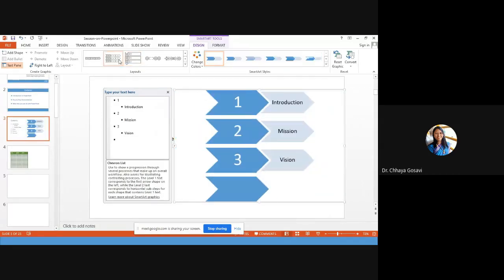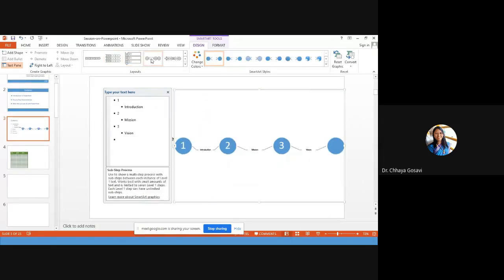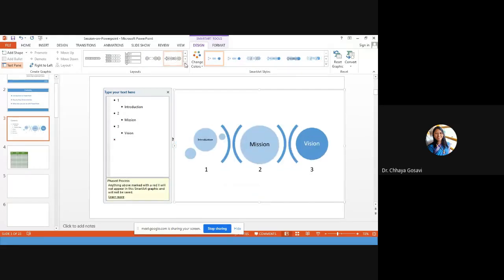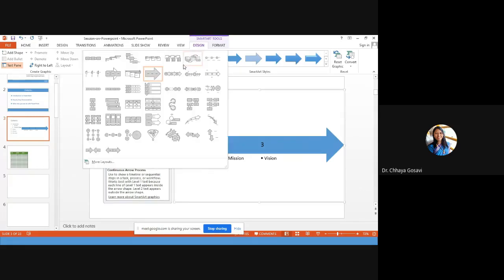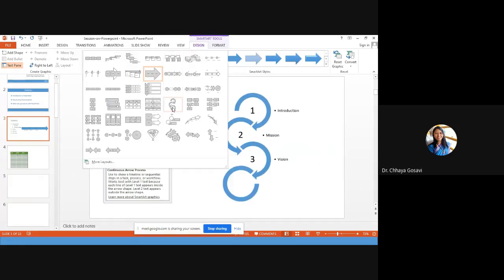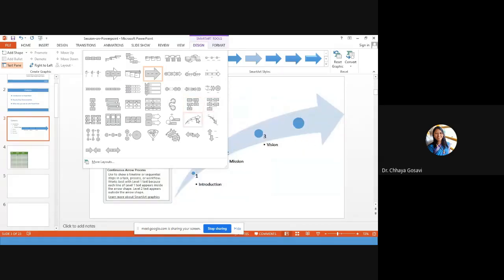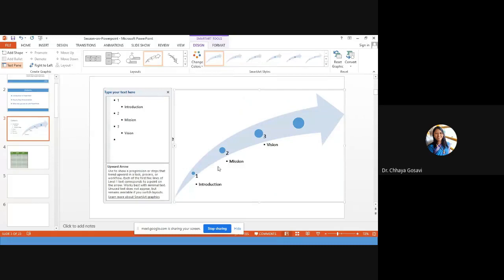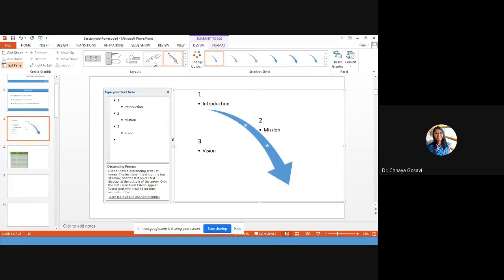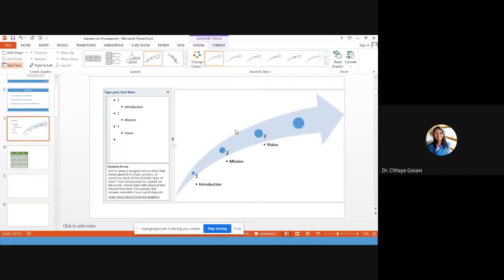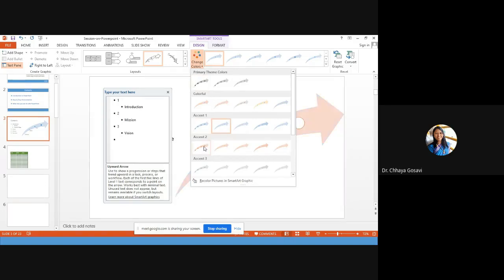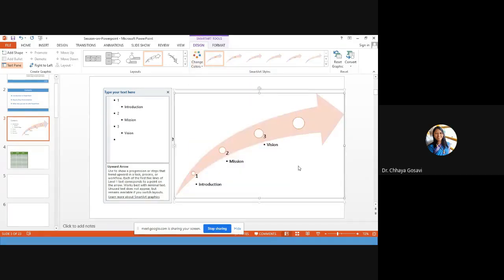You can bring this list like this, or you can make it like this. So you can choose whatever options are available. Just prepare one thing and try out different things. You can easily view it in your preview section. If I want to go in incremental order like this, or decremental order like this, there are multiple options available. Suppose I choose this, I didn't want blue color, so I'll go to the color theme and take this pink one. Okay.